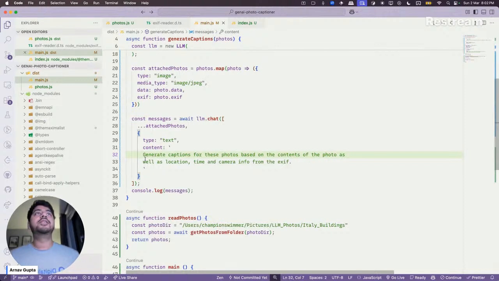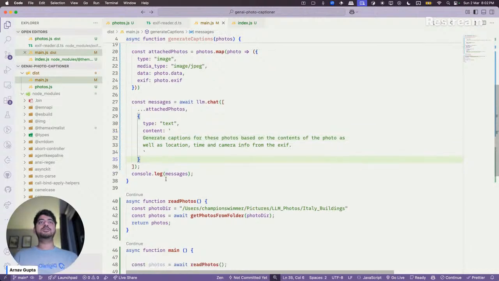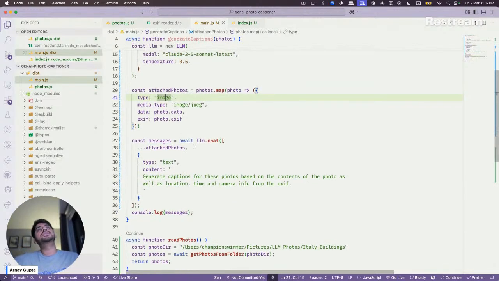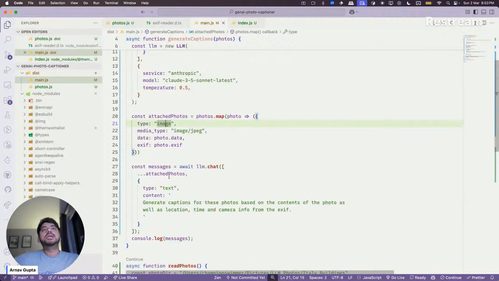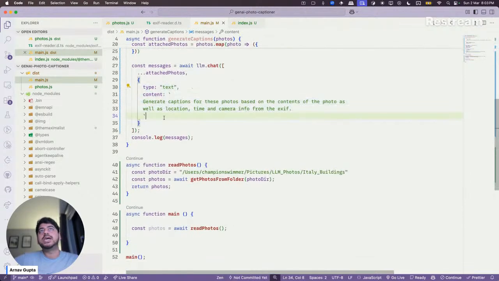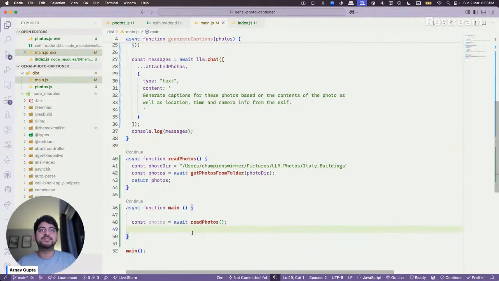Okay, let's see if we can actually do this. So we will send the photos and then we will send this chat after that, and there's a system message which says this, and let's see what we get out of doing this.